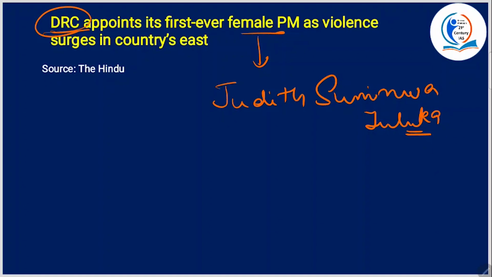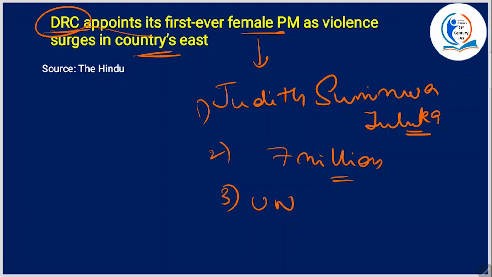All right. See, why is there violence? Because the conflict in the east has resulted in the displacement of more than 7 million people, making it one of the world's worst humanitarian crises, east as in this country's east. And the government said, UN peacekeepers and regional peacekeepers, you please get out of our country because you failed to resolve the conflict. There's no use. So UN peacekeeping forces are no more in that country. I mean, they're moving out.